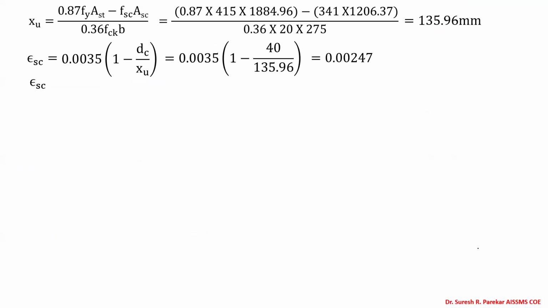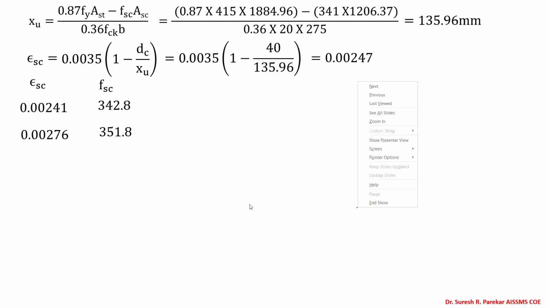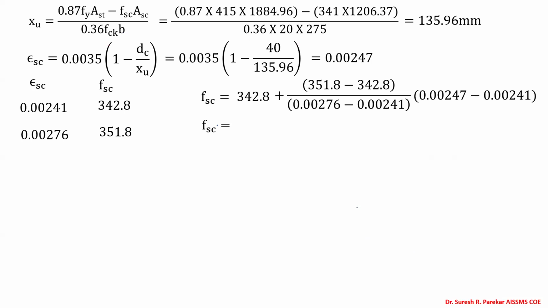0.00247. And now for this value 0.00247, we have to calculate the value of FSC. So we have taken the values 0.00241 and 0.00276. Against these, we have these values of FSC. So we have interpolated the value of FSC and we got FSC equal to 344.34 Newton per mm